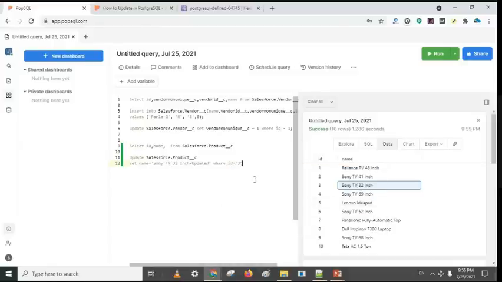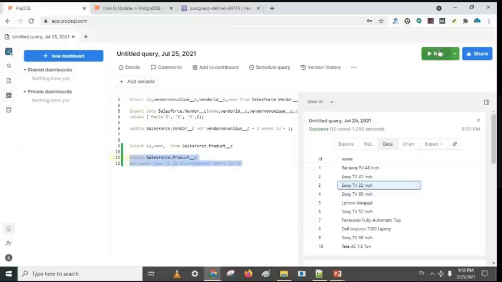So what I am doing, I'm updating the name of a product which is on number 3, where ID is 3, Sony TV 32-inch. I am marking it as Sony TV 32-inch updated.